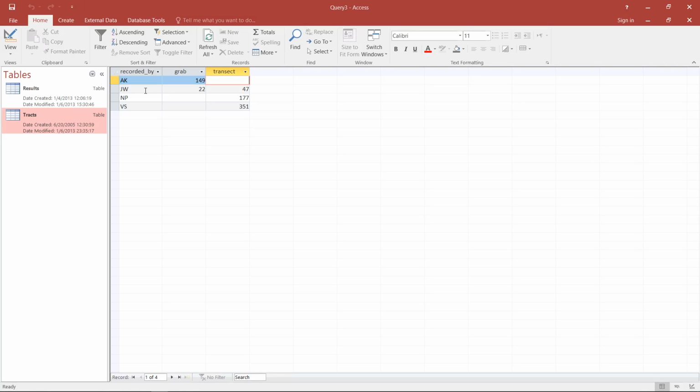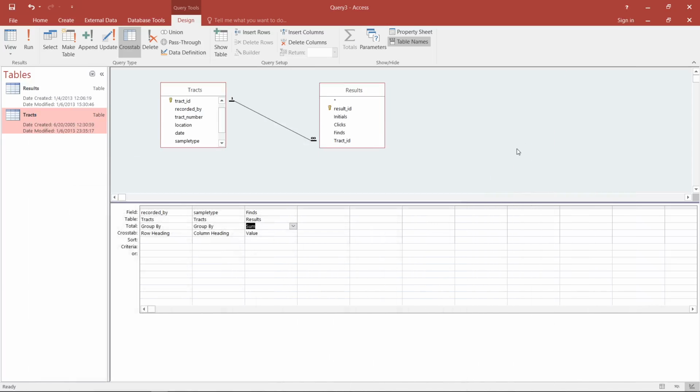So you can imagine that this is a very powerful tool to create very useful overviews of the data that you have. So with this example of the Crosstab query, I've come to the end of this introduction on creating queries. There's just one more